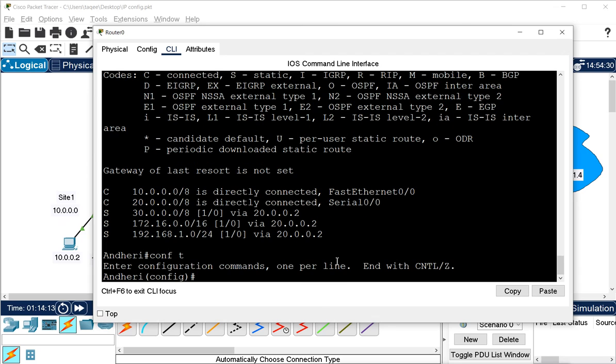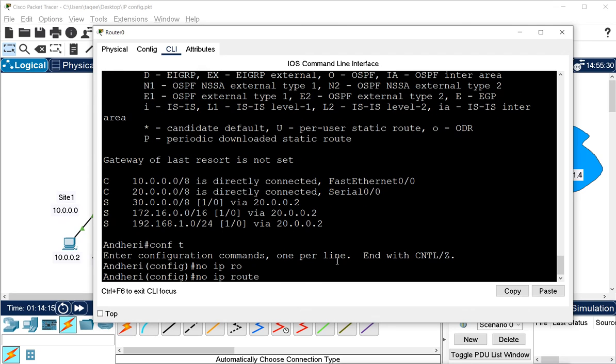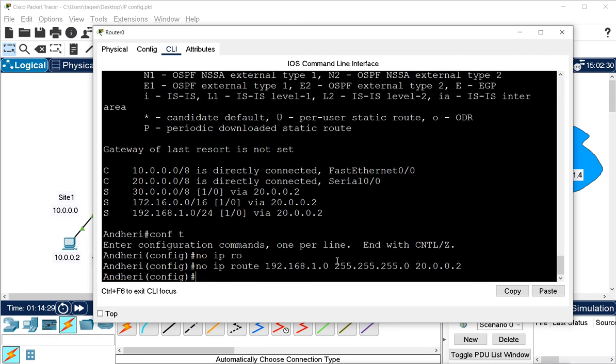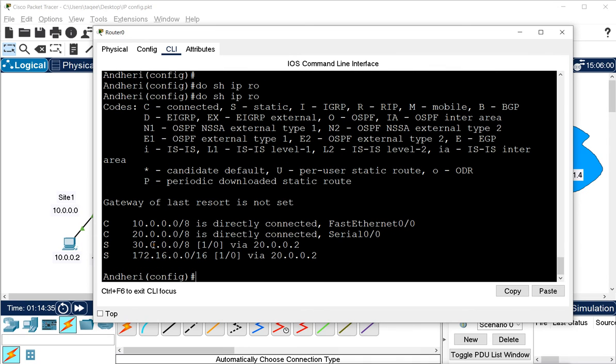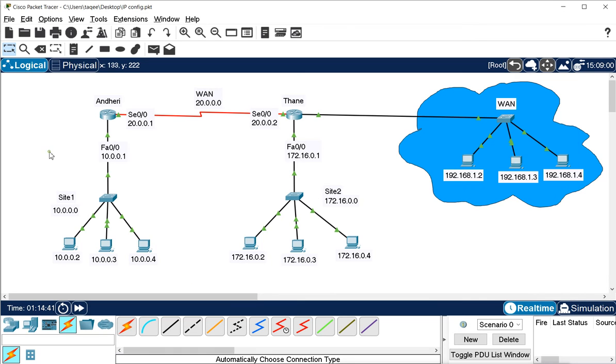So I will say no ip route 192.168.1.0, the first hop was this. So now it is removed. When I check do show ip route, it does not know about that network. So anything about 192.168, it does not know. This router does not know anything.